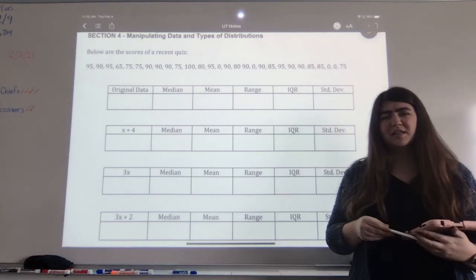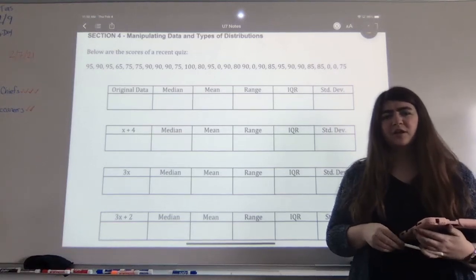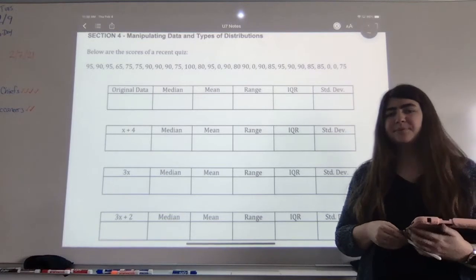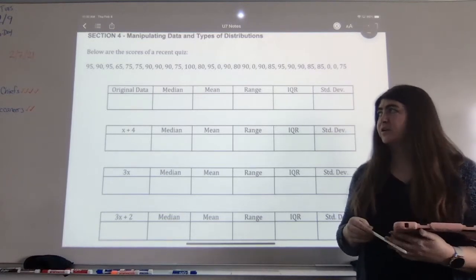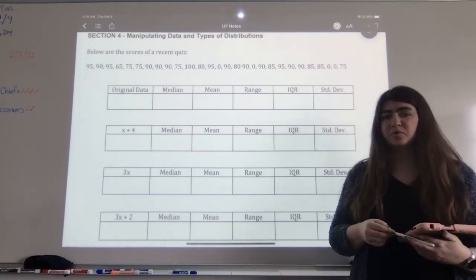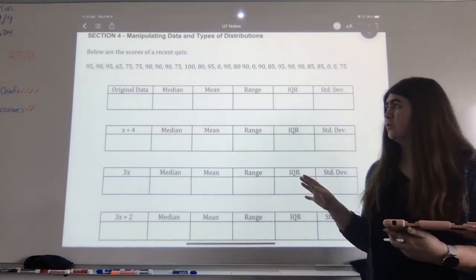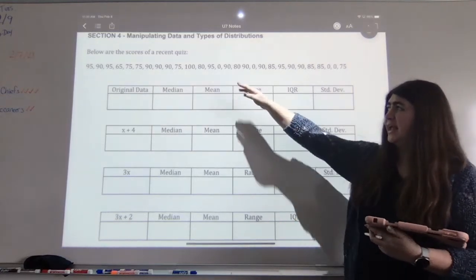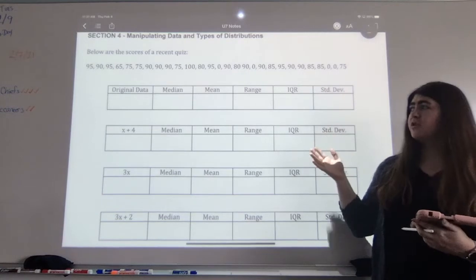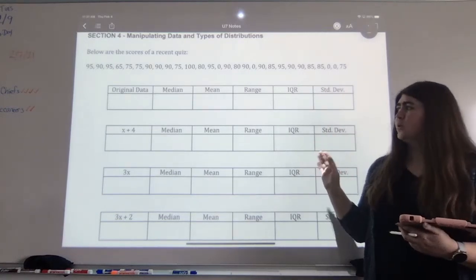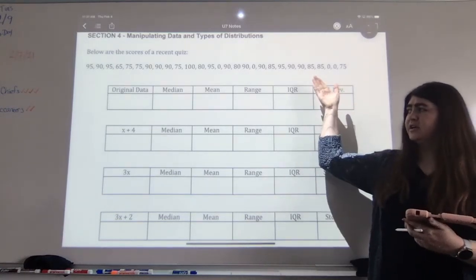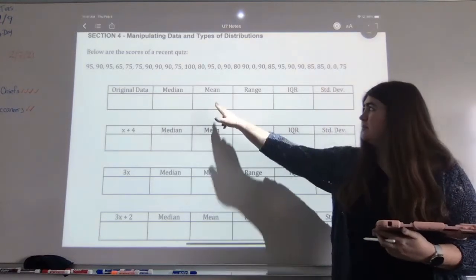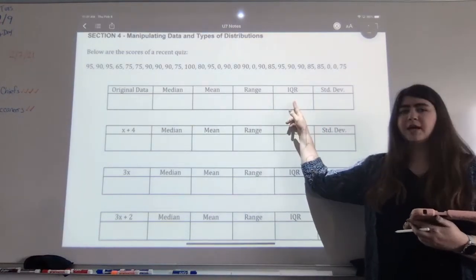Hello everyone. Today we are covering our fourth section called Manipulating Data and Types of Distribution of our Data in the Statistics unit. To begin, we have this data set here with scores from a recent quiz, and we are going to take that data and find the median, the mean, the range, the interquartile range, and